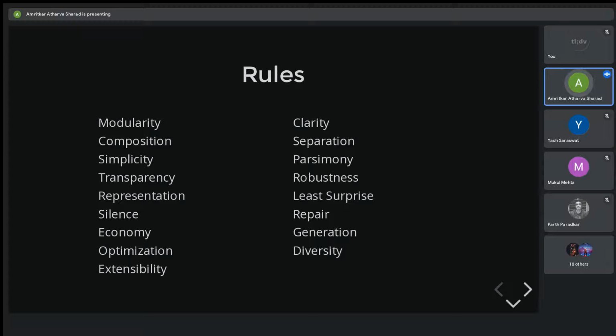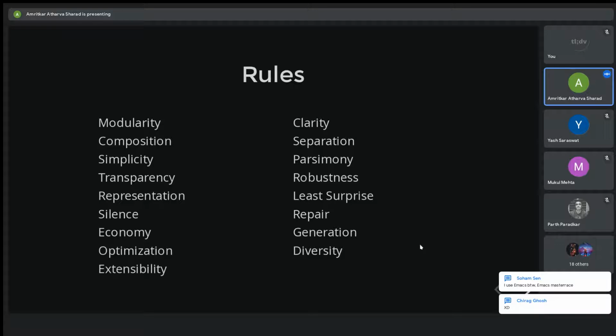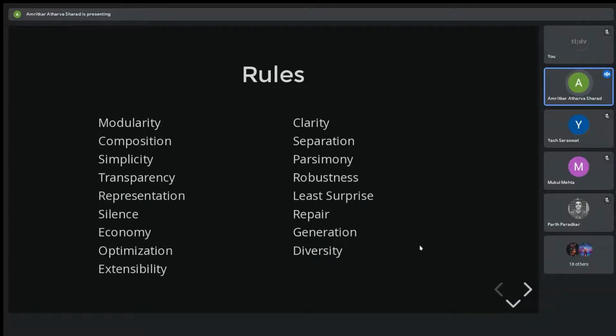So let's discuss some rules. I won't take a lot of time. I would just discuss some of them. Modularity asks us to keep simple connected programs with clean interfaces. Clarity says clarity is greater than cleverness. We want one program to be written such that anyone else who comes along is able to see that program